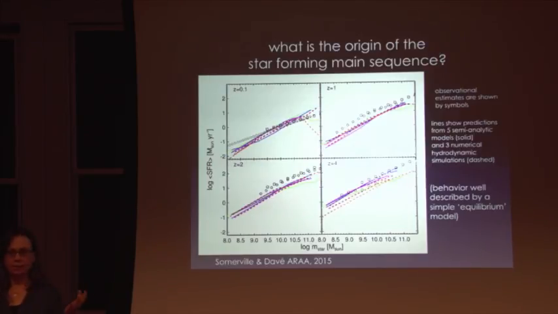This is basically the assumption that the rate of accretion, the rate that gas comes into galaxies, is exactly balanced by the rate that gas is turned into stars and the rate that gas is ejected from galaxies. So you have an inflow term, a consumption term, and an outflow term, and you set those equal and you get this evolution of the models. The universe doesn't seem to work quite that way. It almost works that way, but there's this interesting deviation. And again, the models all deviate from the observations.